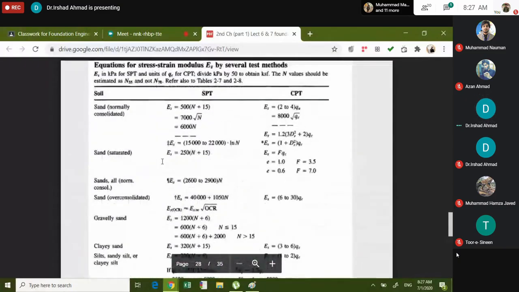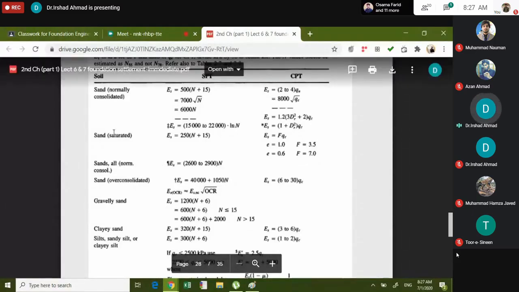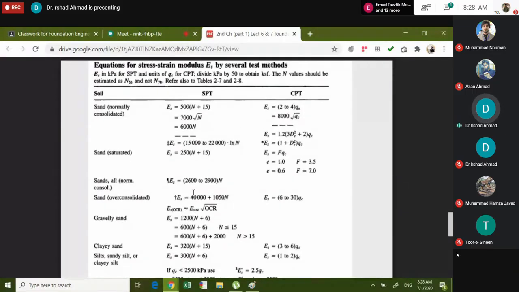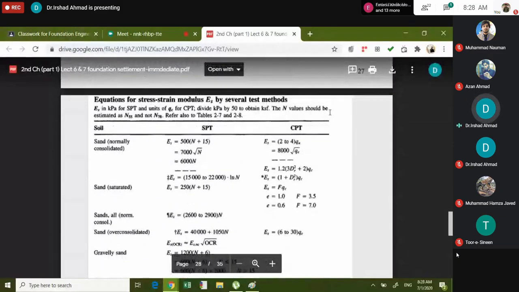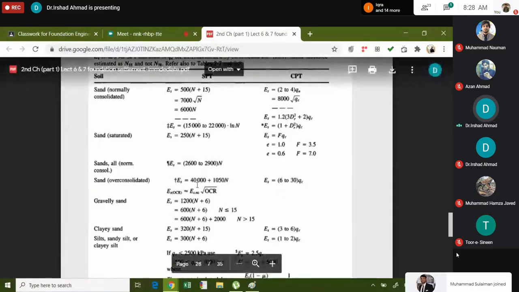ये है इलास्टिक मॉड्यूलस Es के साथ कोरिलेशन, लेकिन मुख्तलिफ टाइप ऑफ सॉइल्स हैं, इसके लिए मुख्तलिफ इक्वेशंस दी गई हैं, सबको N के साथ कोरिलेट किया गया है। मगर ये नोट करें कि ये इक्वेशन बहुत पुरानी है, इसलिए उस वक्त N55 स्टैंडर्ड एनर्जी रेशियो थी, तो इन इक्वेशन में आपको N55 इस्तेमाल करना होगा। देखें ये टेबल में लिखा हुआ है कि N वैल्यू शुड बी एस्टिमेटेड एज N55 एंड नॉट N70 और N60। तो इसमें आपको N55 इस्तेमाल करना है।